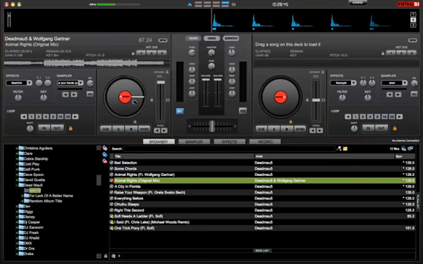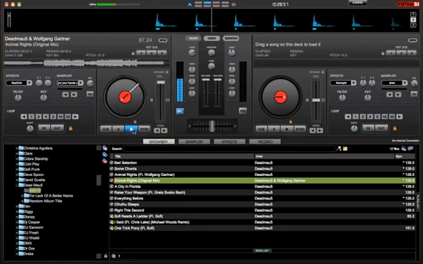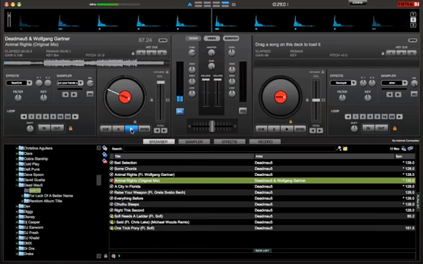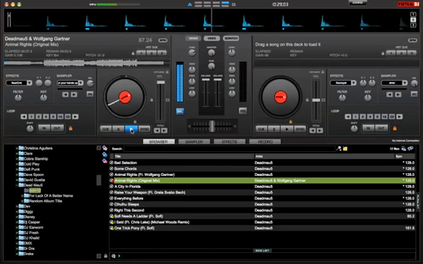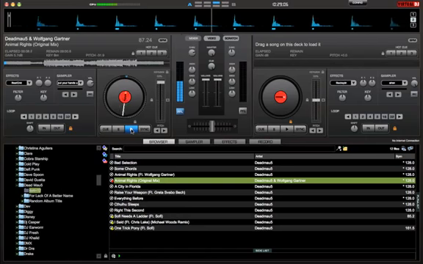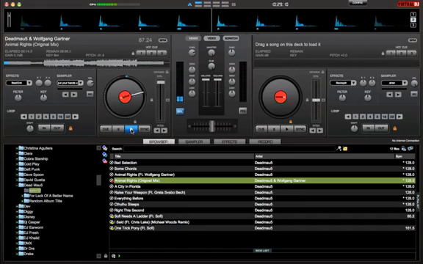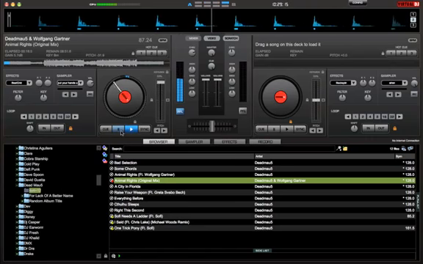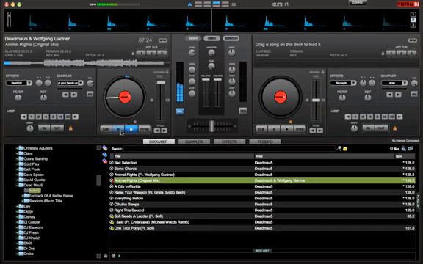Okay, so here we go. After about 32 beats, or 4 counts of 8, something new should happen in the song. So here we go. 1, 2, 3, 4, 5, 6, 7, 8, and 2, 2, 3, 4, 5, 6, 7, 8, and 3, 2, 3, 4, 5, 6, 7, 8, and 4, 2, 3, 4, 5, 6, 7, 8, and